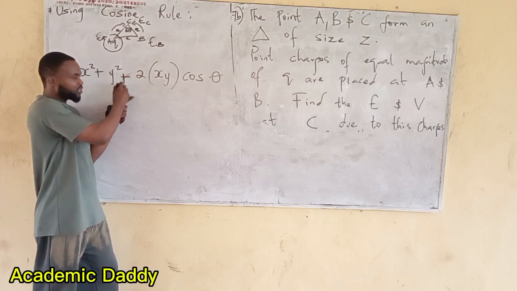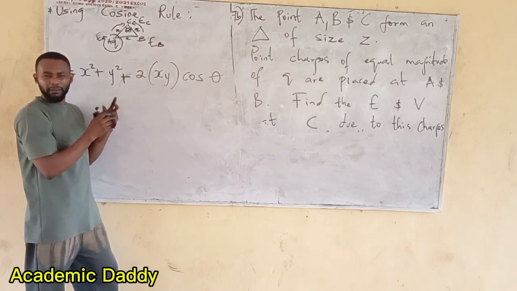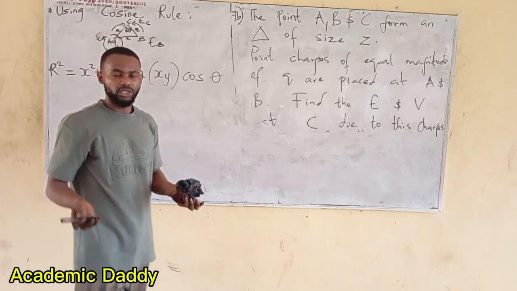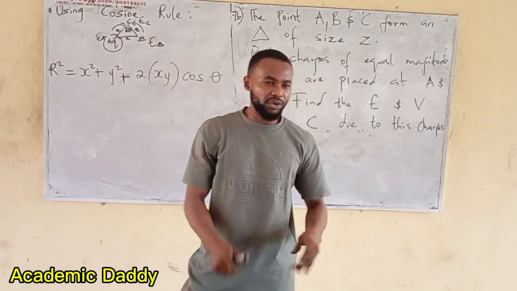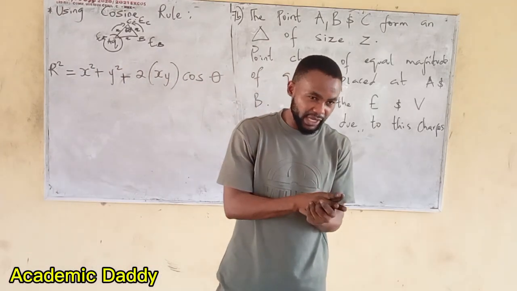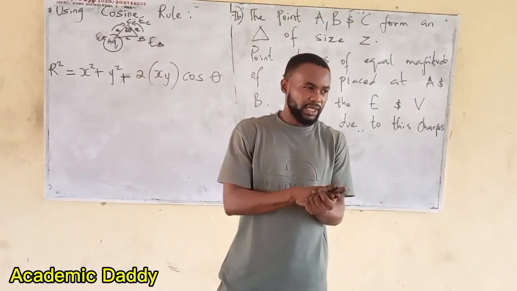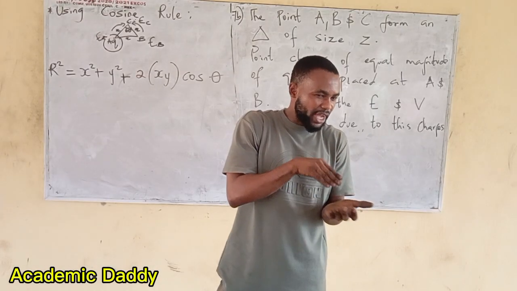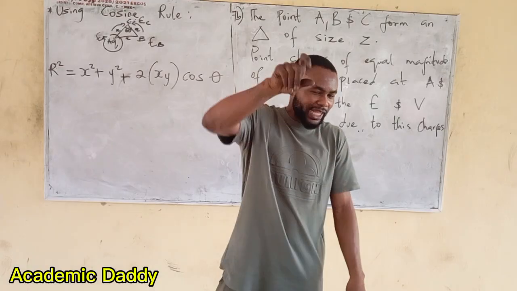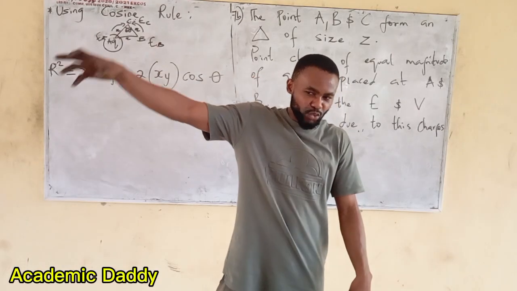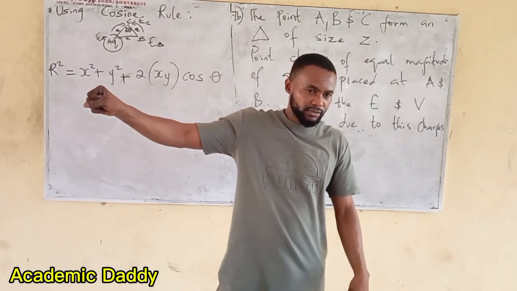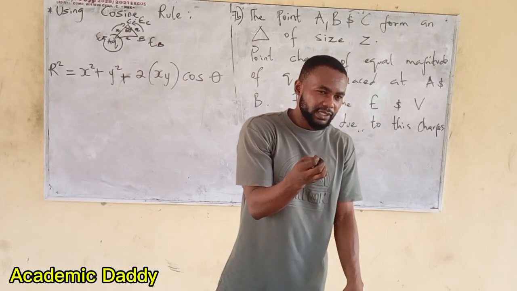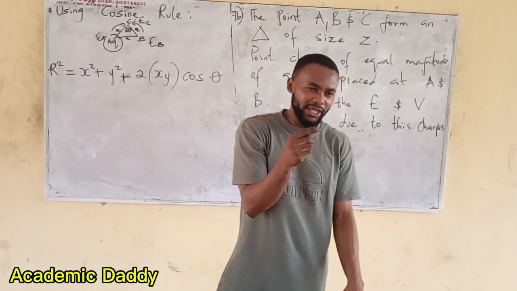So what I'm having here is plus. Am I confusing you? Just cosine rule. Cosine rule is structured in such a way that the endpoint should have the x squared and y squared added to the part with the angle. So in a situation whereby I have an angle less than 90, if I go and use that minus we are talking about,